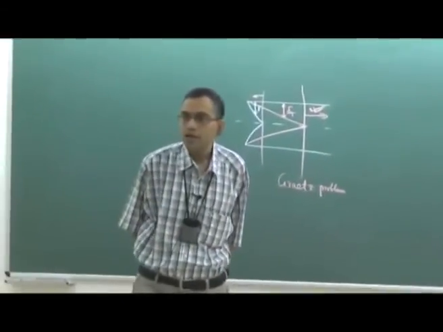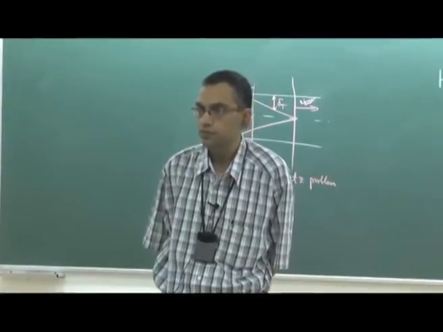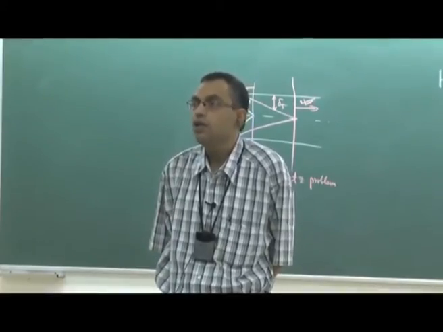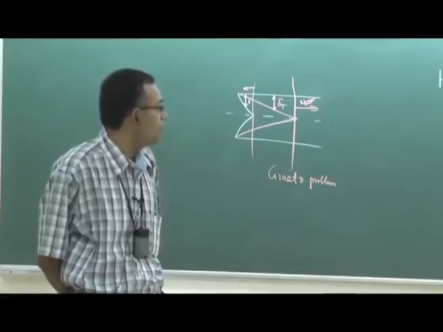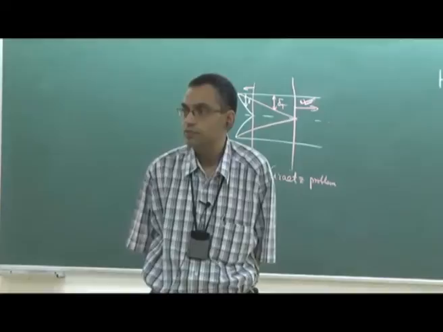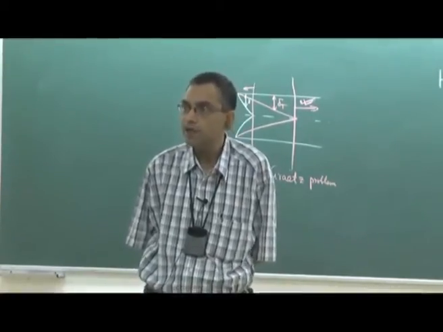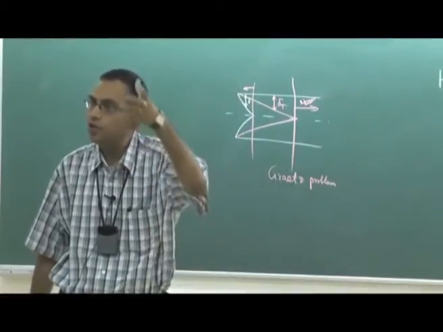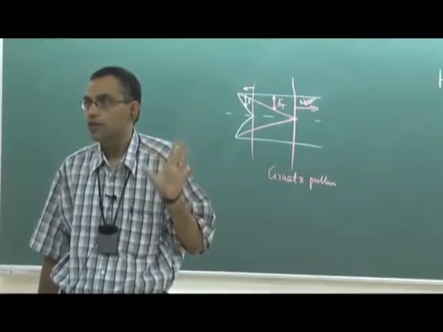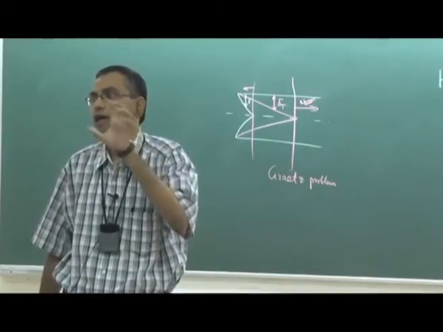So what answer can we expect for these types of problems? What are you assured of when you are solving a problem of thermally fully developed flow? We are interested in the Nusselt number. The Nusselt number will be a constant, that is what is expected. If we do not come up with a constant Nusselt number, that means something is wrong in our analysis or approach. So the Nusselt number will be a constant and our objective will be to evaluate that constant value.